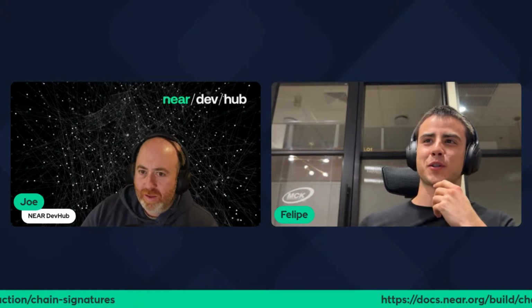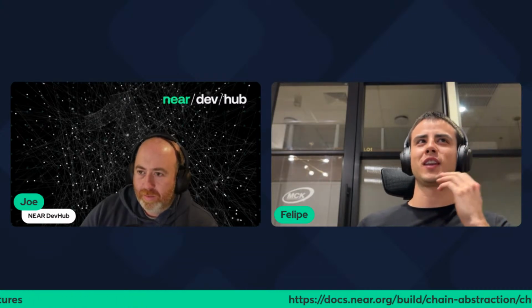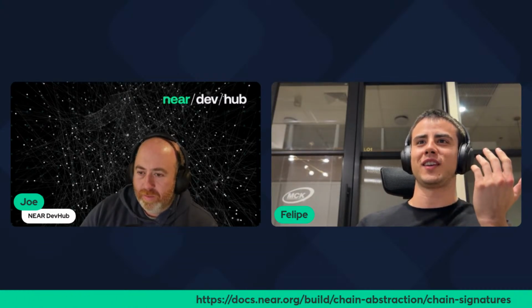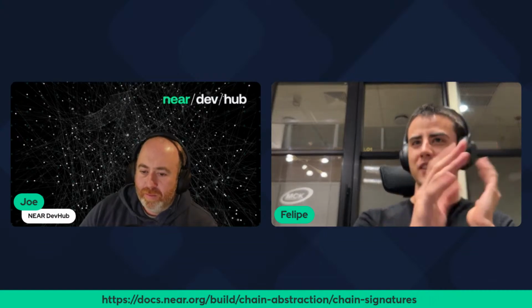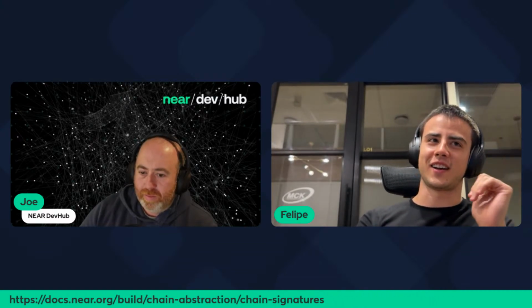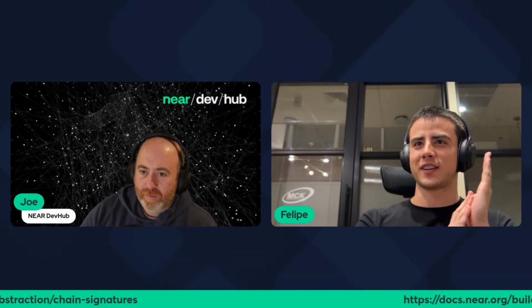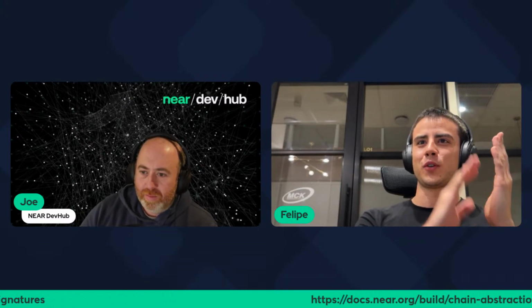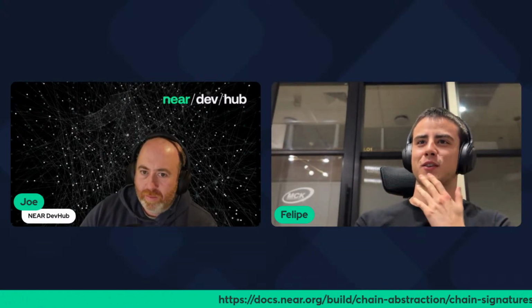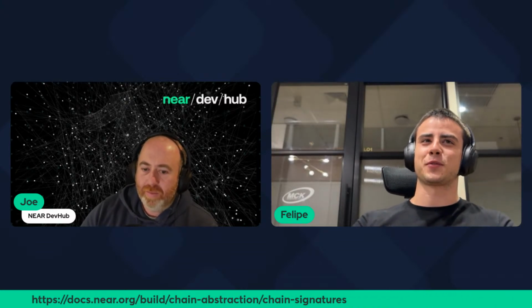And for this function call key, I was also thinking if it was possible or not, because you could create a function call key and a corresponding key on another chain. But this key should be a kind of function call key in the other chain too. So you allow the DApp to call the other chain without having to ask for your signature. I don't know. I was just thinking if it was possible or not, but I think that would be cool,